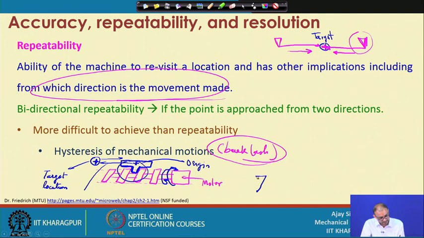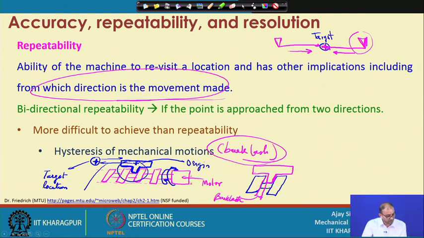So, this is the lead screw, and now this is the lever, because when it was moving at that time there was a physical contact here. When it is moving in the opposite direction, this is creating a problem. So, whatever gap there is between the inner face of this lead screw and this notch, this is called backlash,